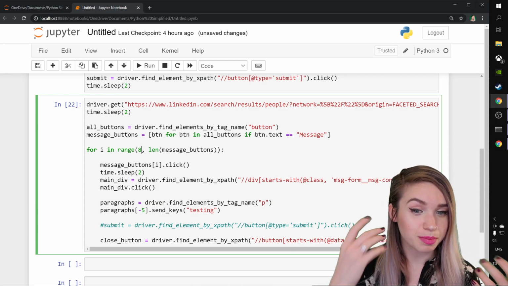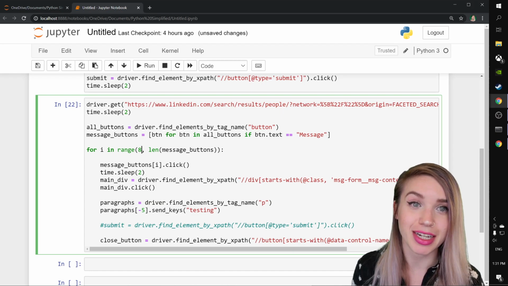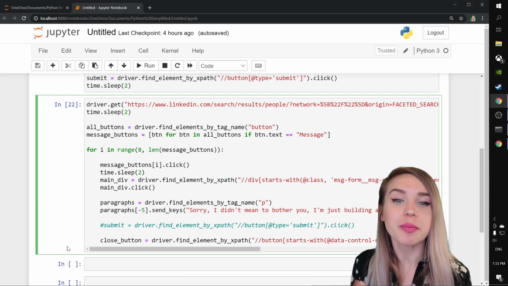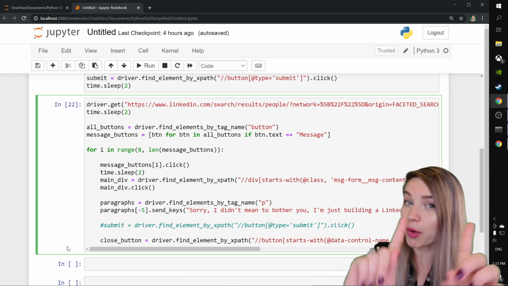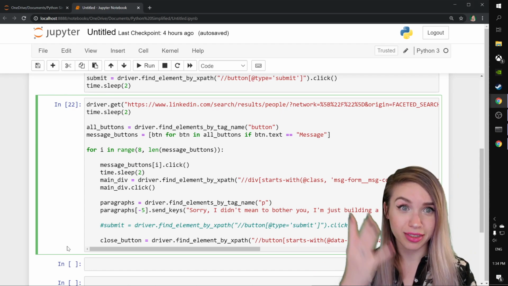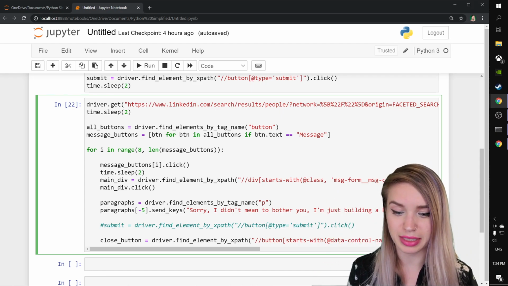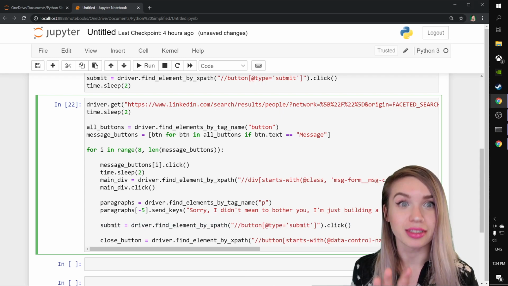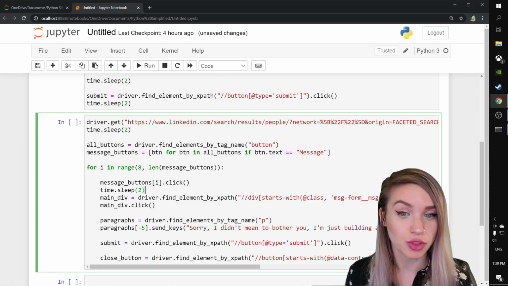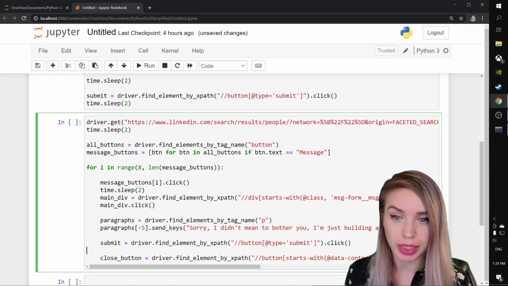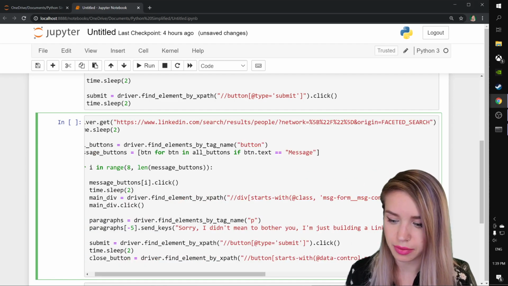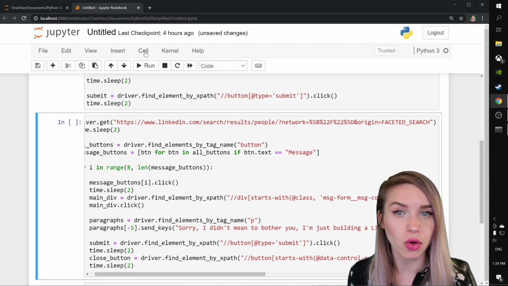And instead of messaging them with the word testing, I will actually copy a predefined message, just so that people don't think I'm super weird. I'm okay with being a little weird, but super? No. And obviously, we will need to get rid of our submit button comment to actually submit the message. And actually, just to be on the safe side, I'm gonna add 2 more waits. One of them is after we hit the submit button, and the other one is after we close the div. Now we will go ahead and run all these cells,